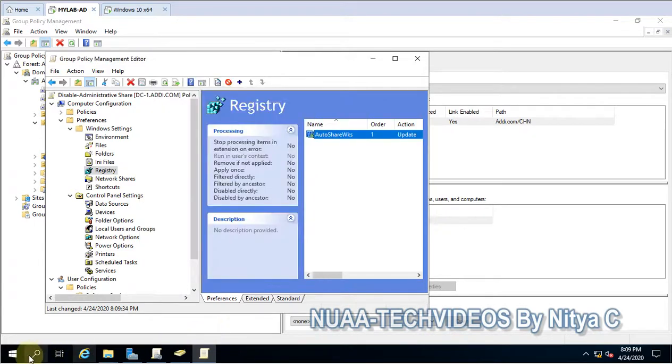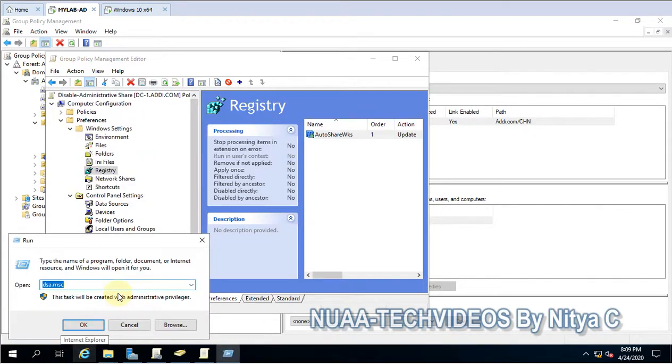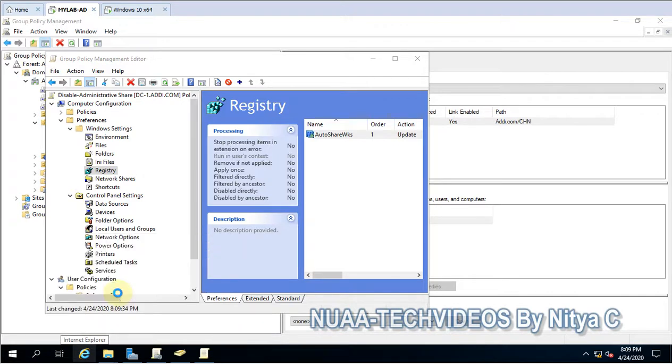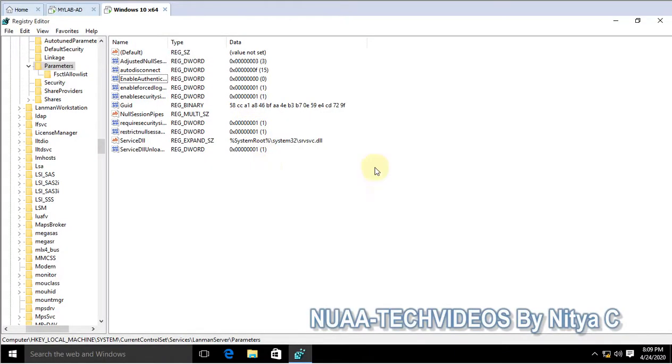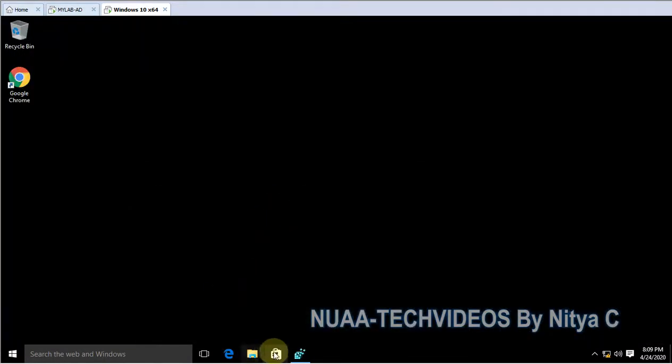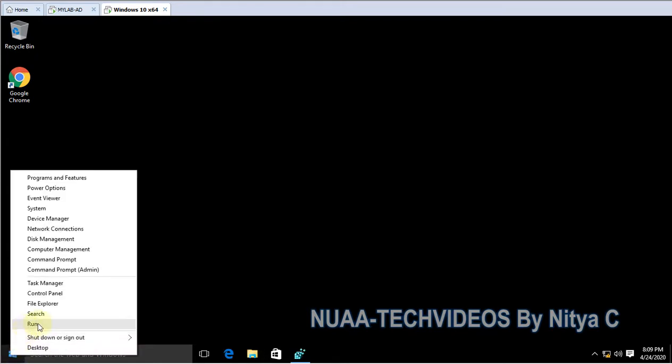So let's go ahead. Let me update the group policy here with gpupdate /force. While this is updating, let's go back here, and again we'll update the group policy here.